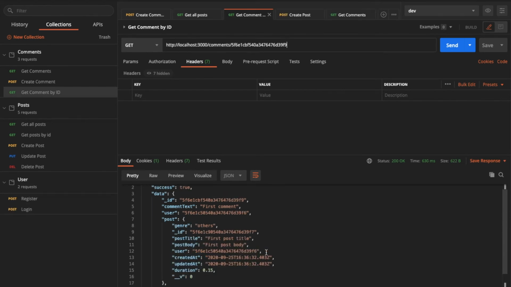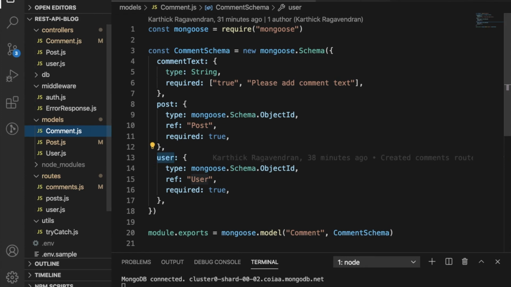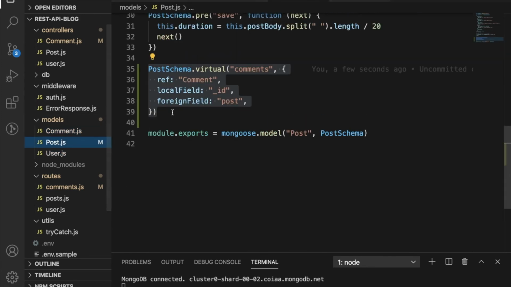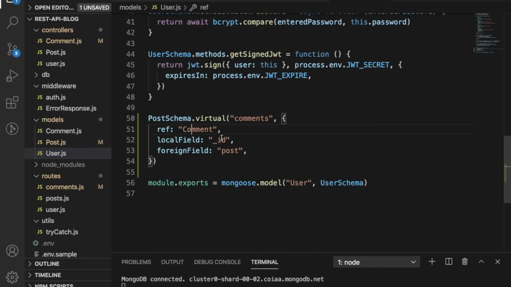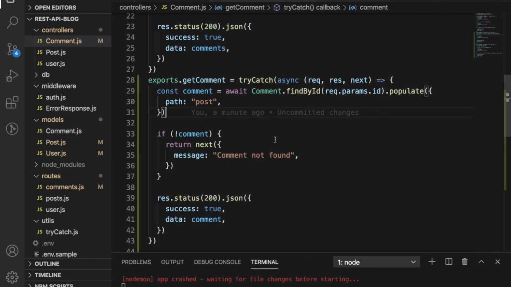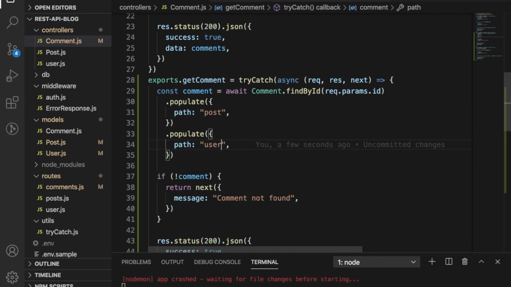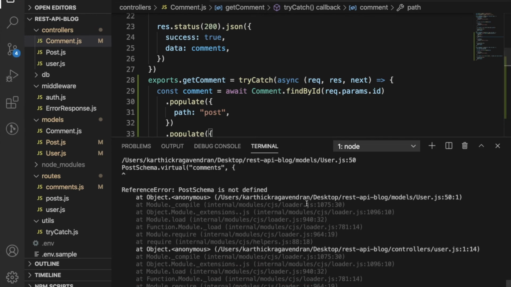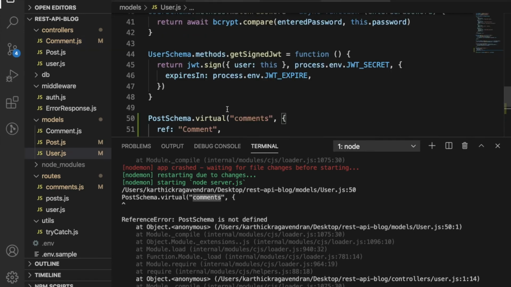Let's also do the same for the user. So head towards the user model, and let's copy paste this one to the user also. Comments, this is user, and we can do the same populate, this one. We can do that for the user also. Something crashed. Post schema. Oh, okay. So this is user schema,